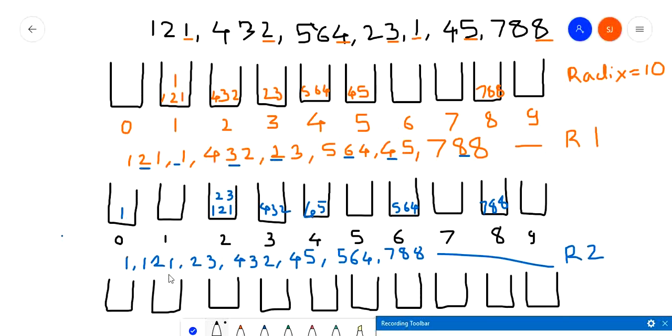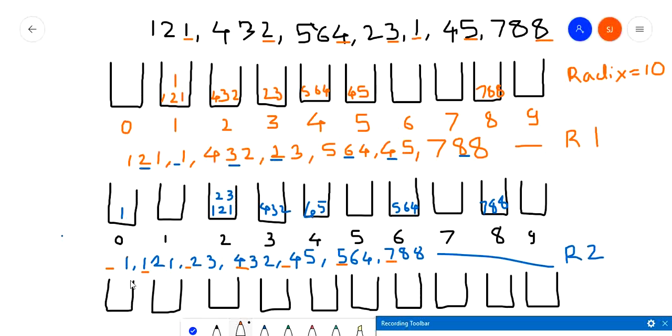Now you want to sort the numbers based on their 100s digit, that is, शतक स्थानचा अंक त्याच्या बेसिसवर आपल्याला सॉर्ट करायचं आहे. In this number you don't have a 100s digit. It is missing, so we will consider it as 0. Here the digit is 1, then here also it is missing, so we consider it as 0. If it is not there, then we consider it as 0. If you have a single digit number or 2 digit number, then the 100s digit is not present, and we consider it as 0. Now here it is 4, here again it is not present, so 0. Here it is present, so 5, and lastly it is 7.